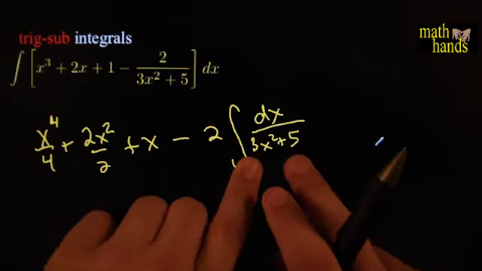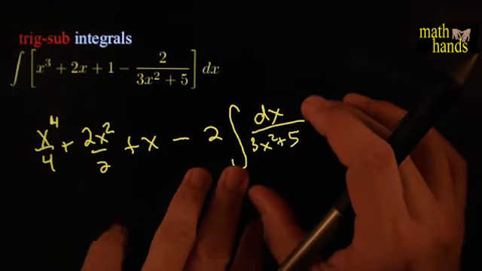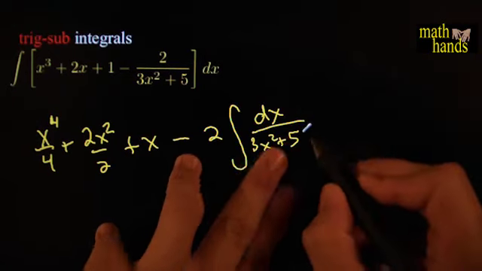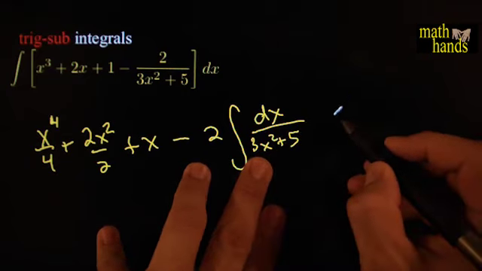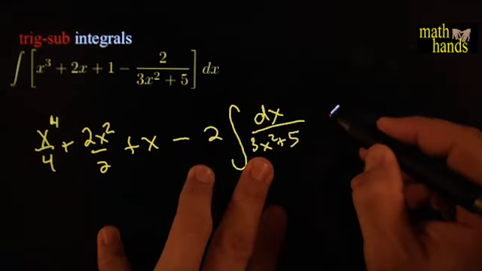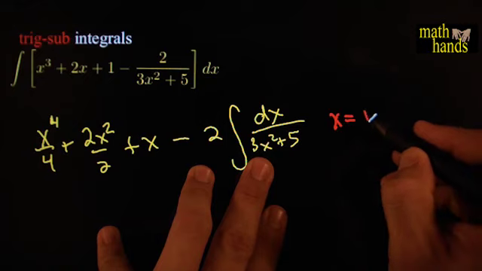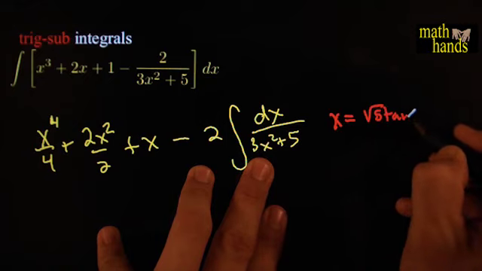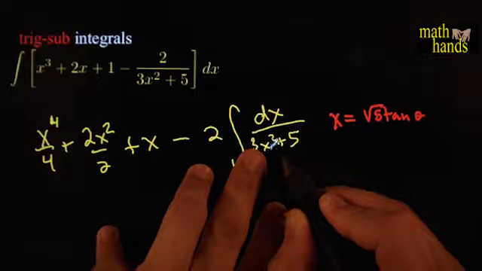And you're left with this kind of integral, which is really a classic trig substitution. You can't change the 5, so you've got to join it. So you'd want to make your x equal to square root of 5 tangent theta. That is a good one because if I had 5 tangent